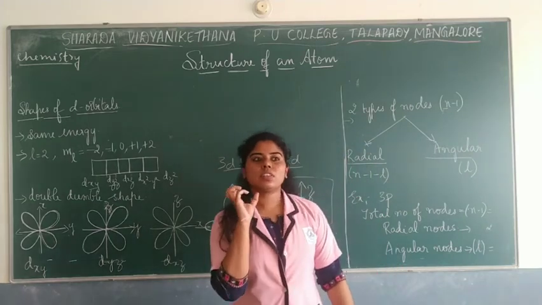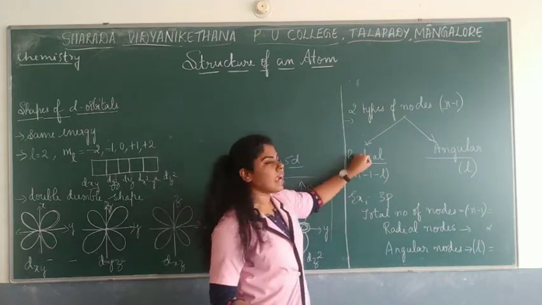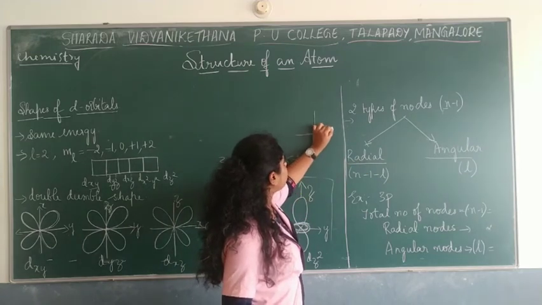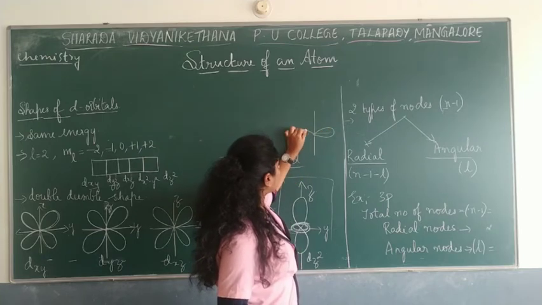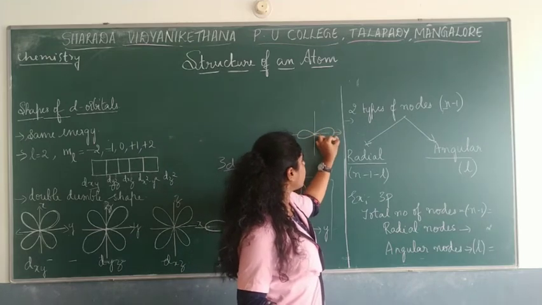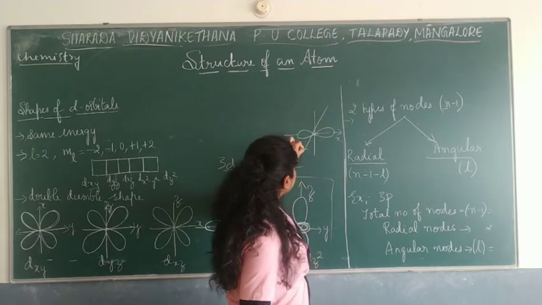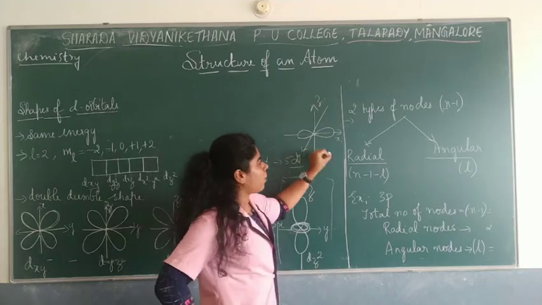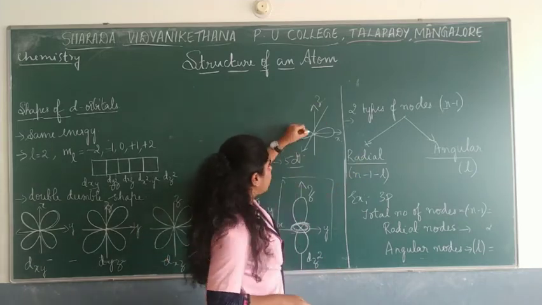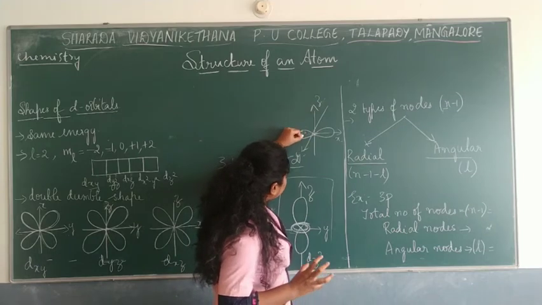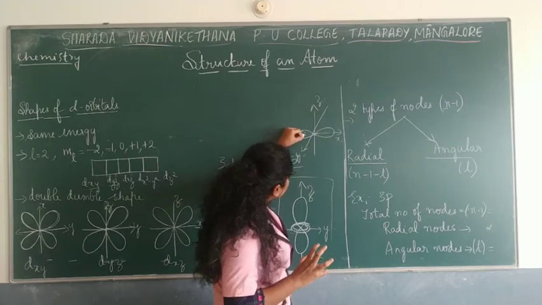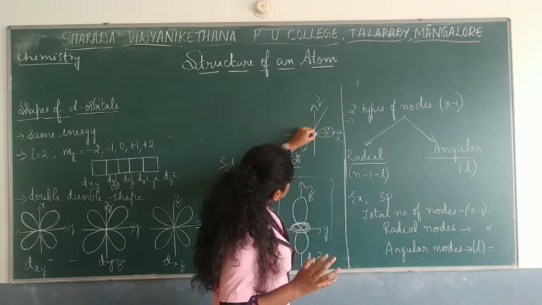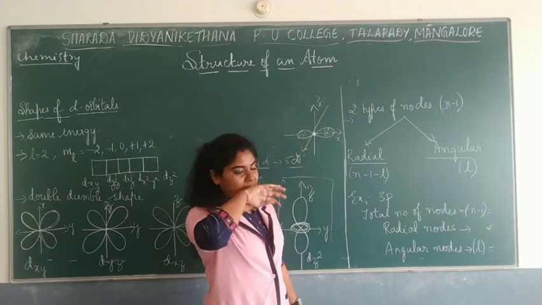Now if I have to tell it in a simple way, radial node. Let me take an example. Imagine you have px orbital. I take p orbitals, px, right? This is how it is drawn, px, and then you have the y which passes through it, and then you have z. Correct? Now if you are talking about the radial node, that is first one. Now as you know, the probability or the electron density of finding electron is more towards the sides of these lobes, right? But in the center you have a nucleus, correct?